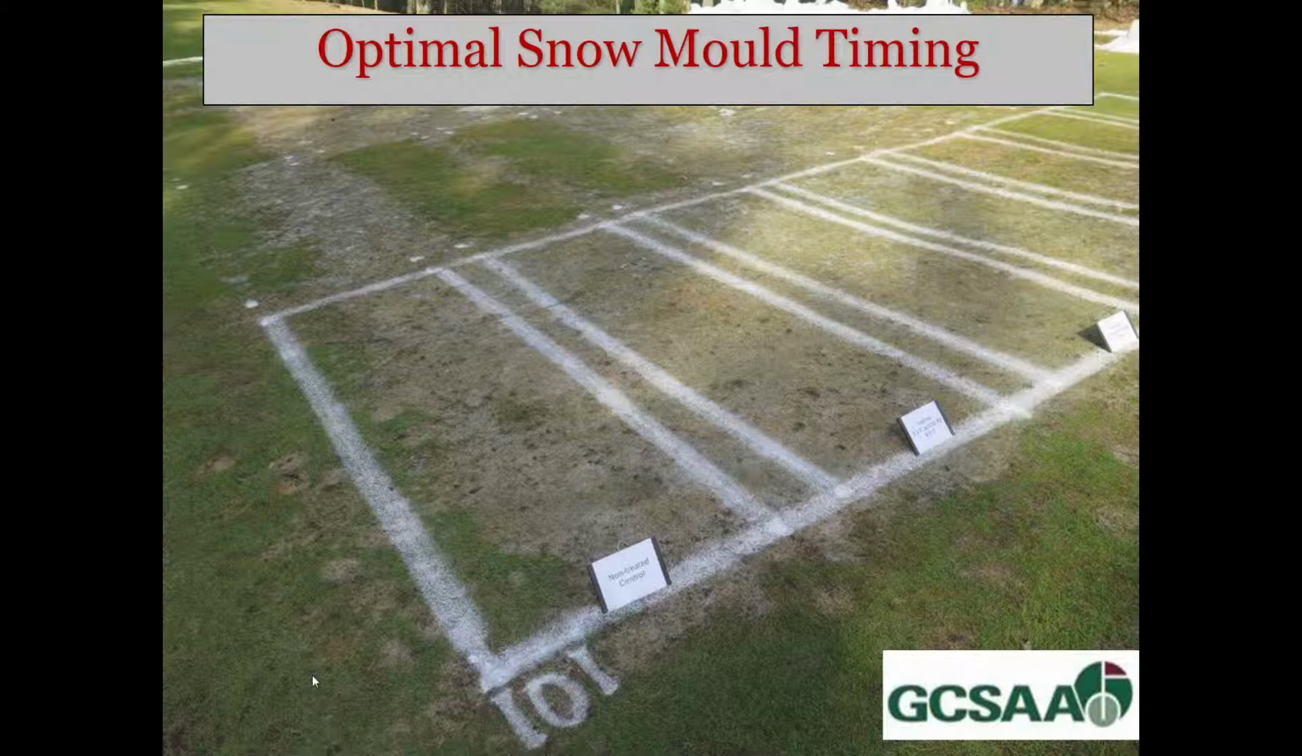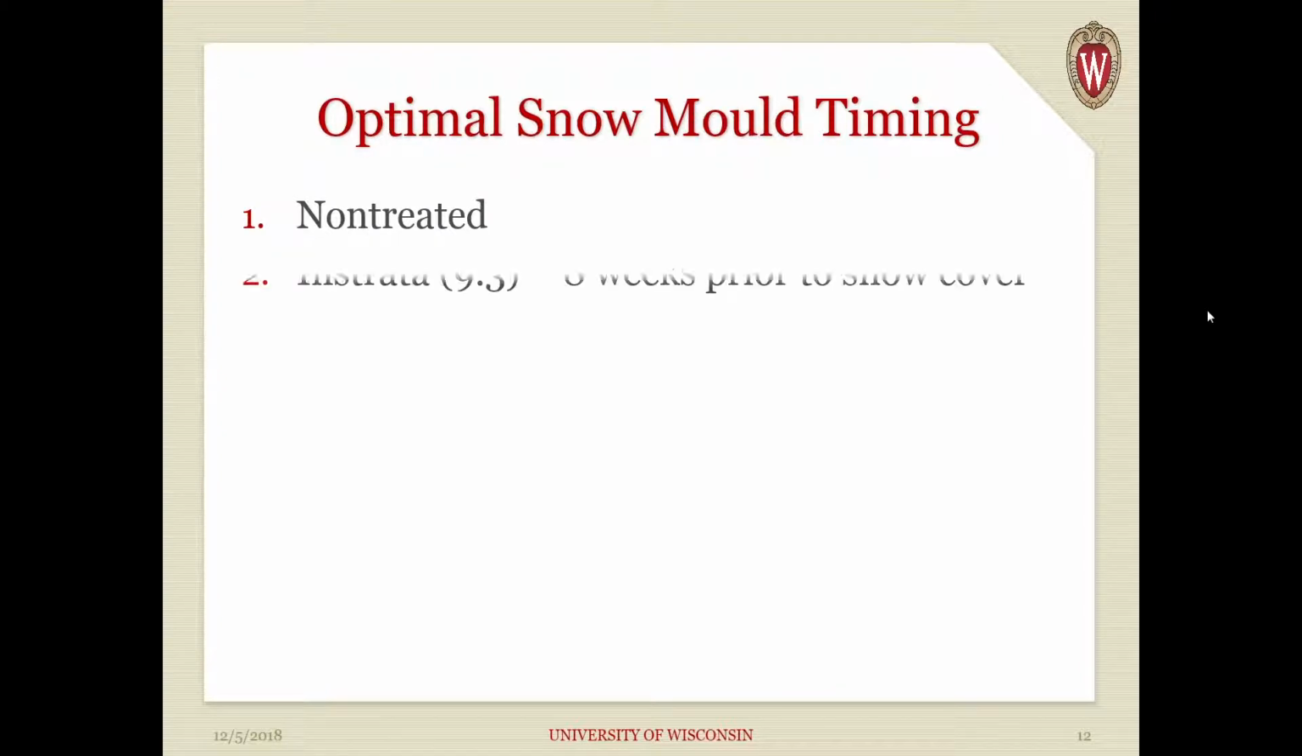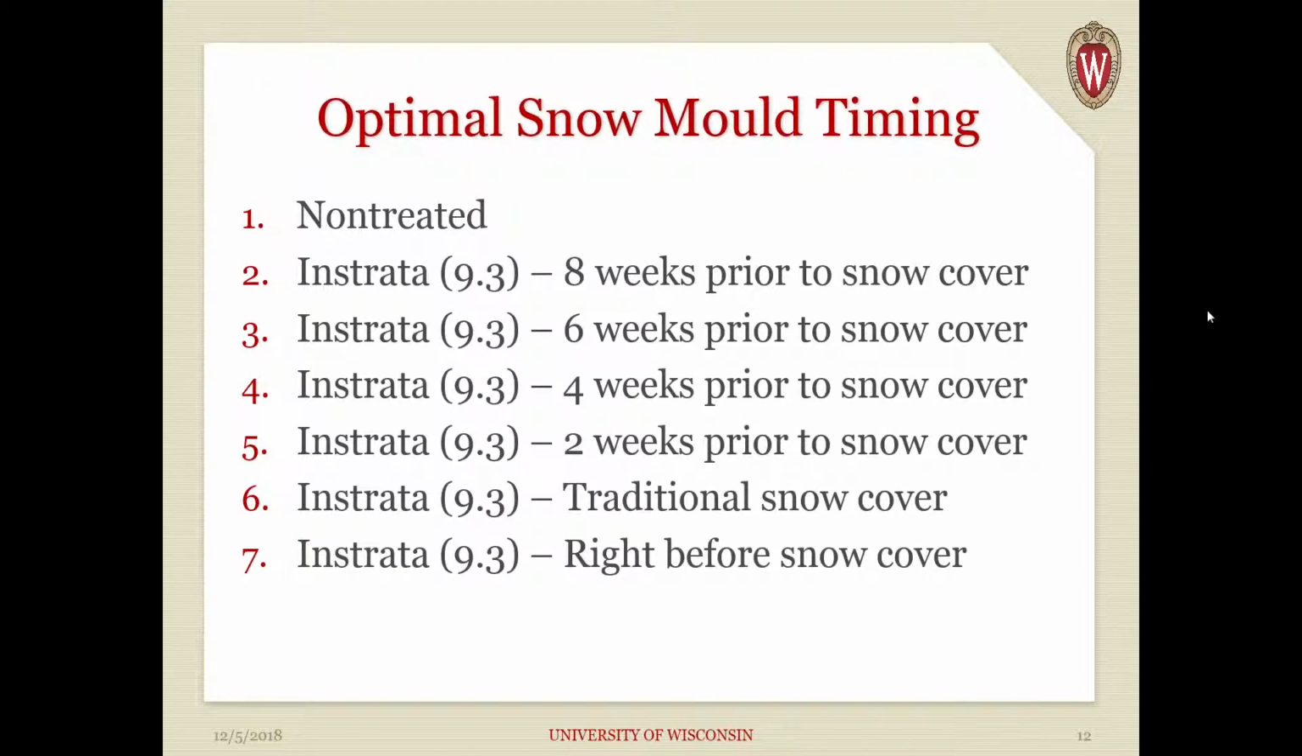So one of the studies that we're working on, that's been funded by the Golf Course Superintendents Association and also our local chapter here in Wisconsin, is looking at the optimum timing for snow mold fungicides. Now, these are fungicides that are targeted for the long snow cover duration areas of snow mold, not the areas like Northern Europe and Pacific Northwest where you might make repeated applications throughout the winter. It's a very simple study. We've done it for 3 winters in a row now, and it's 7 treatments. We have a non-treated, and then just Instructor applied at a 9.3 fluid ounce rate